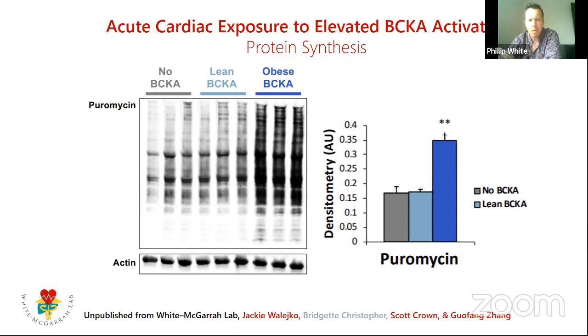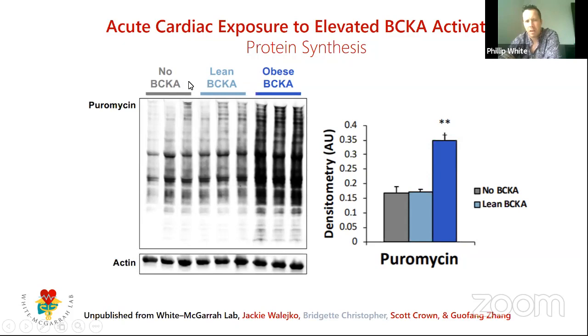And so we modeled perfusions based on levels that we measured in our lean animals and humans and those within obese plasma, and looked at the effect on protein synthesis. We measured protein synthesis using a puromycin exposure called the SUnSET technique. Puromycin will be incorporated into newly formed proteins because it looks like a tRNA analog. And so you can then use an anti-puromycin antibody in a blot, and you get a non-quantitative readout of changes in protein synthesis rates.